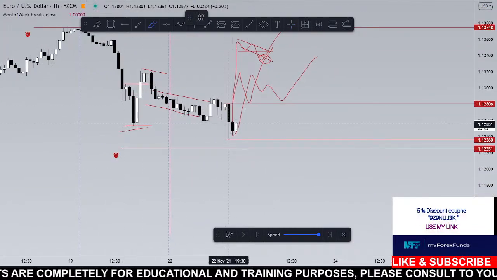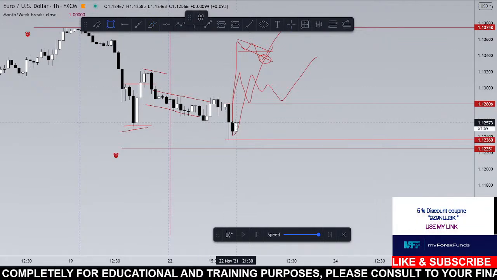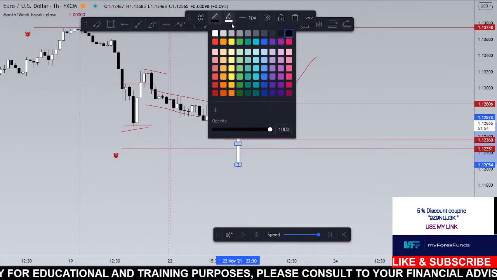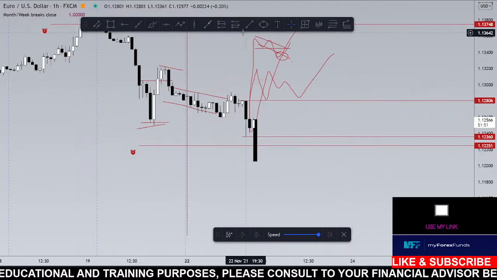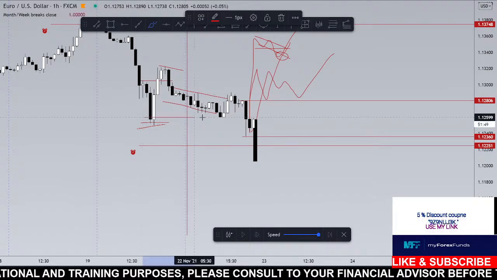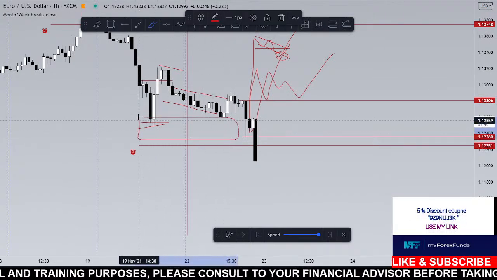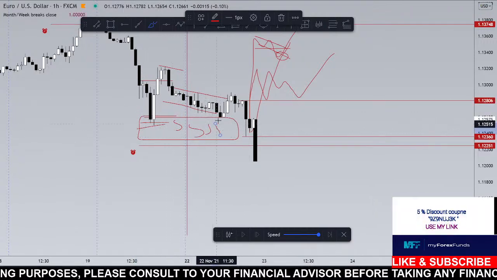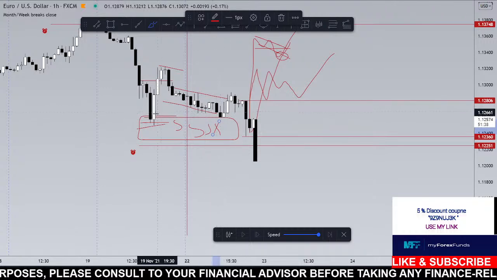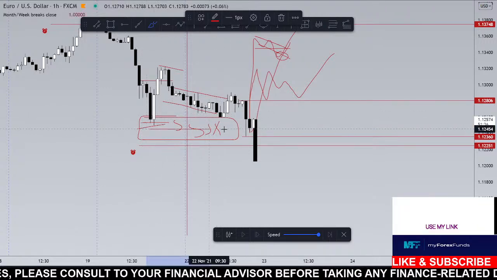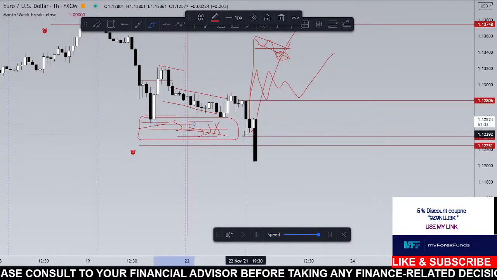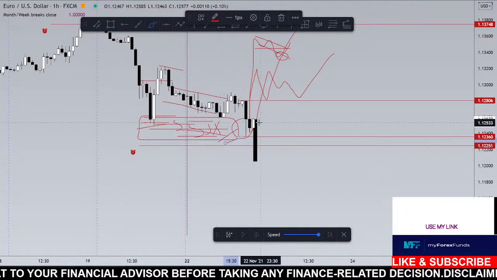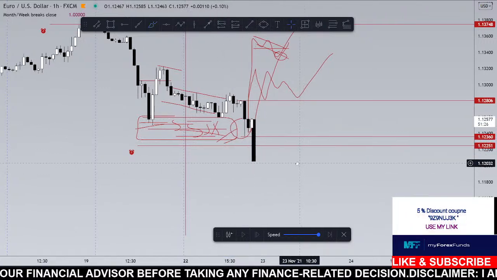And for the downside, if we get some sort of nice black candle to the downside, then it means that we are having some sort of liquidity grabbed at this area. This candle, we have some sort of large liquidity area at this position. If anybody has any buy order at this area, then their stop loss must be somewhere at this area. Okay, so this candle grabs all the supply, but if we get this type of black candle, then it means that